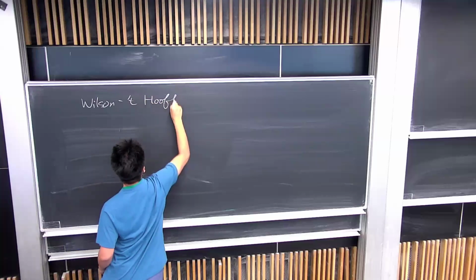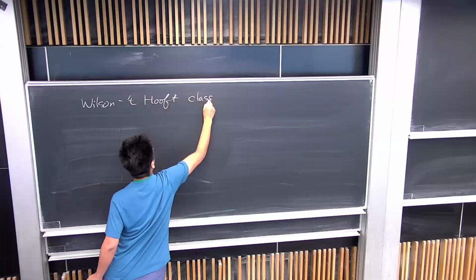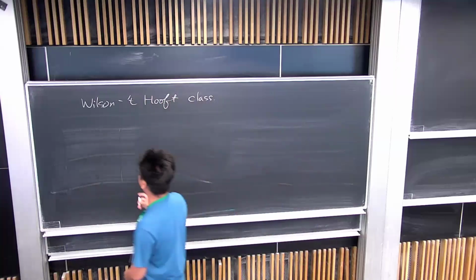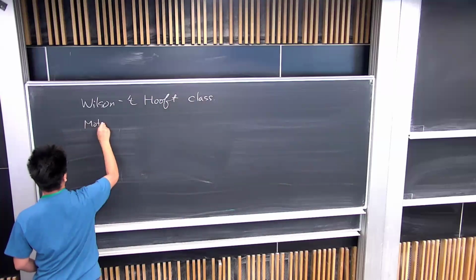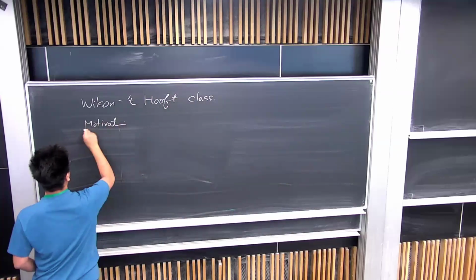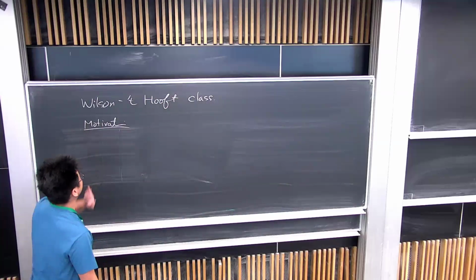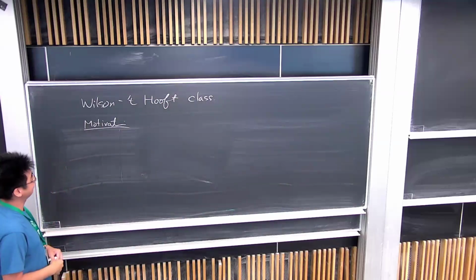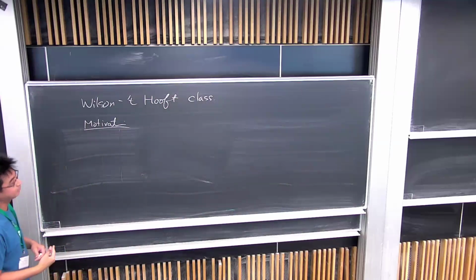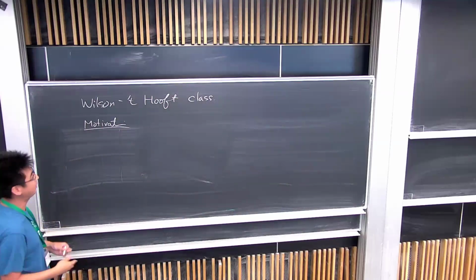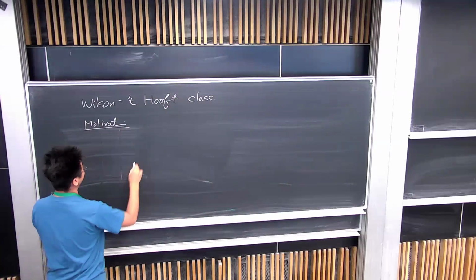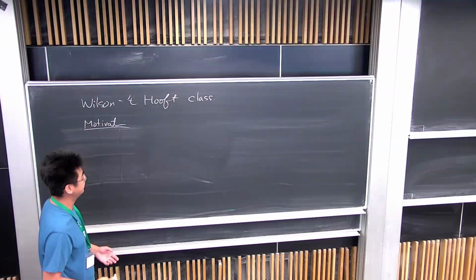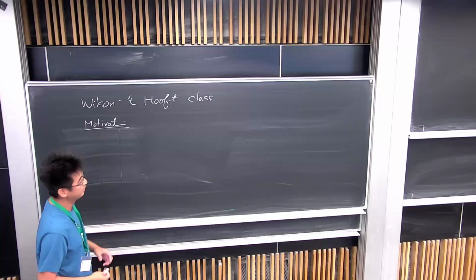And what's that? This is the classification scheme for gapped phases. First I want to tell you the motivation. Gauge theory has several kinds of mechanisms creating a mass gap, such as confinement and deconfinement. So we want some kind of systematic classification scheme for how that kind of mass gap is created